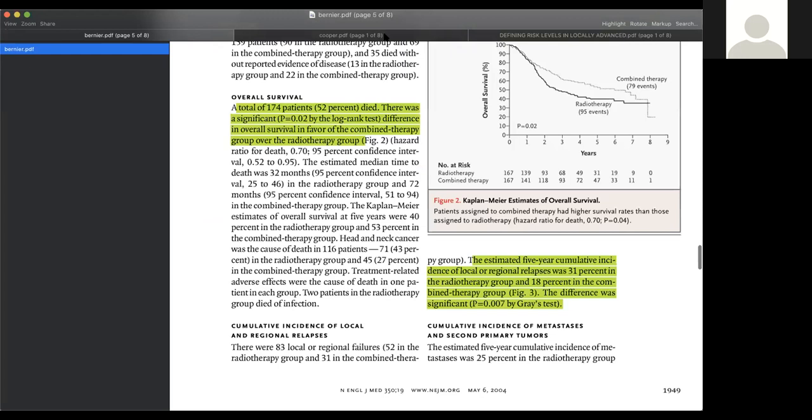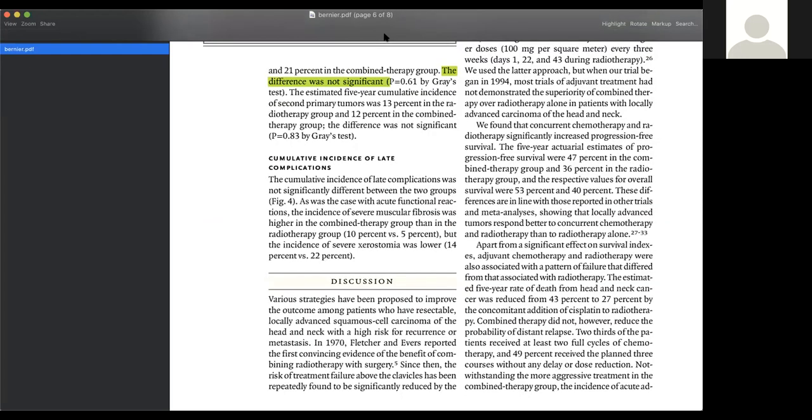Now, a different twist on the same question was answered by Cooper. They also looked at the same targeted population, that is high risk squamous cell carcinoma. We will see what their high risk definition was. And they also tested whether the post-operative administration of cisplatin along with radiotherapy helped to improve local and regional control only. They didn't look at overall survival in their primary endpoint. They looked at only local and regional control. Again, this was a multicentric study with 400 and